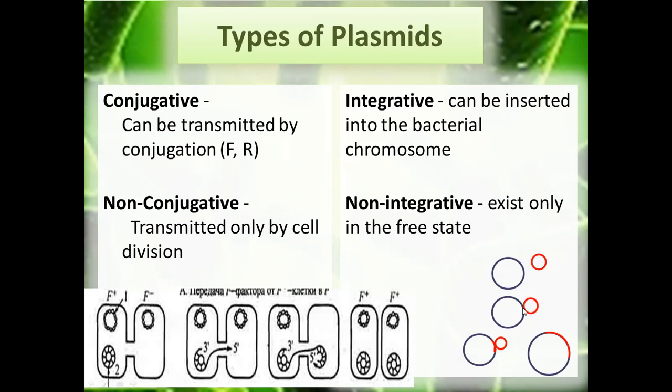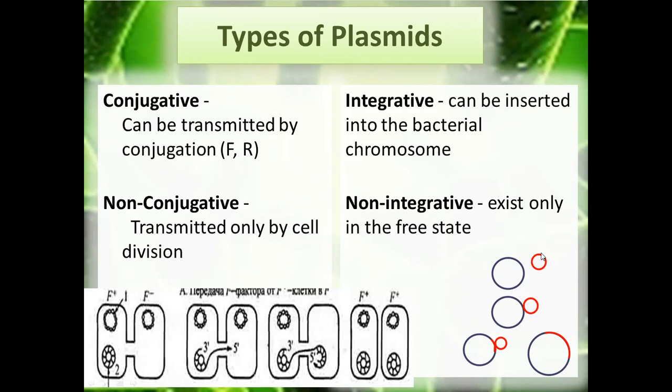Then a special enzyme, restrictase, cuts the DNA of the plasmid and the chromosome, and another enzyme, ligase, links these fragments of DNA, and the plasmid becomes part of the chromosome. And this process is reversible. In some occasions, it forms a loop of the chromosome, and then the enzyme restrictase cuts away this plasmid,